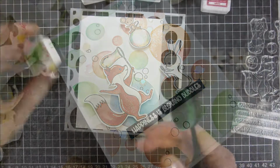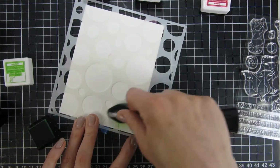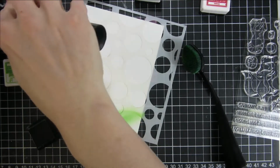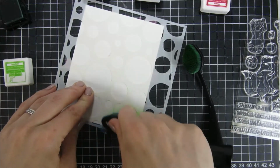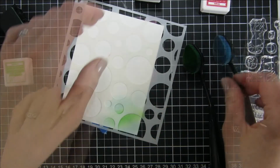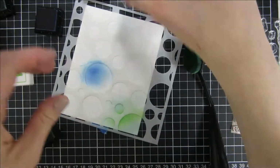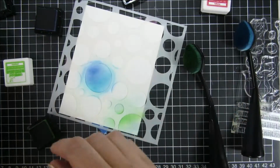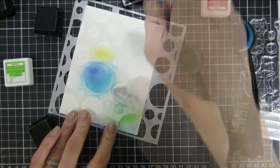In this video I will be sharing a fun project using a stencil from Miss Ink called Random Dots. And when I saw this stencil I thought it would be perfectly paired with the bubble stamp set from Miss Ink as well. And I think it looks like soap bubbles when I'm looking at it, so I was pleased when I saw this. And you can see I'm using my blending brushes from Trinity Stamps when I'm doing this,